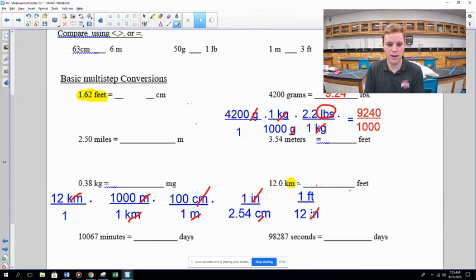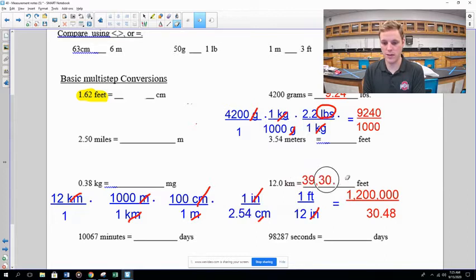So we're going to go ahead and multiply through. So what does this all equal? 12 times 1,000 times 100 times 1 times 1 is 1,200,000. 1 times 1 times 1 times 2.54 times 12 is 30.48. 1,200,000 divided by 30.48 comes out to be